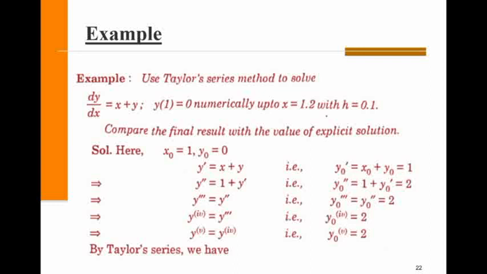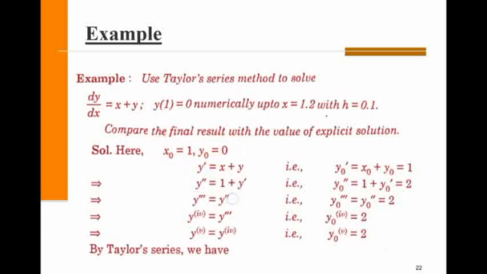So for example, suppose this is your initial value problem in which this is your slope, x plus y, and this is your initial condition. At x0 we have given the value of y to be 1. Now we have to calculate the value at x equal to 1.2 with the step size h 0.1. Now what is the meaning of step size 0.1? We have been given the value at x equal to 1. That means we will take two steps. First of all we will calculate the value for 1.1, and then we will calculate the value at 1.2 with the help of 1.1. So let us find the first step,